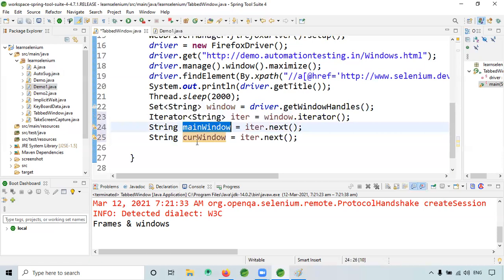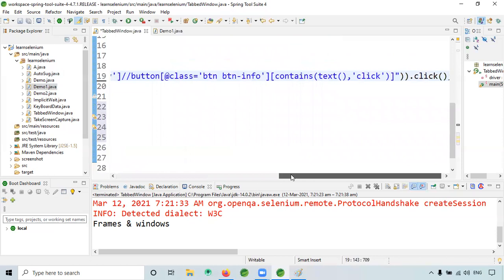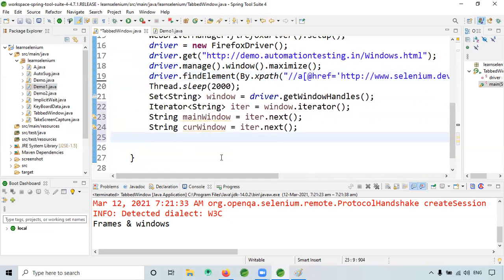So main window, current window. Now let's see what it will fetch.